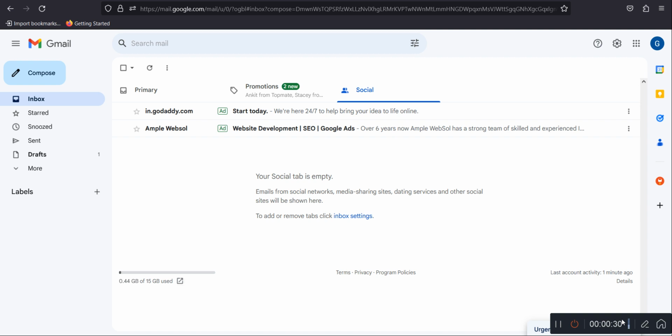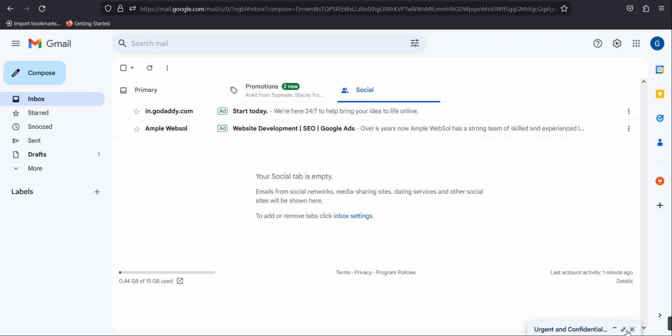So we all know that with the rise of cyber threats and data breaches, it is very crucial to take steps to protect sensitive information when sending communication online, right? Thankfully, Google Workspace offers a very powerful tool that allows you to send a confidential email very securely. So let's get started. Today we will see how this confidential email